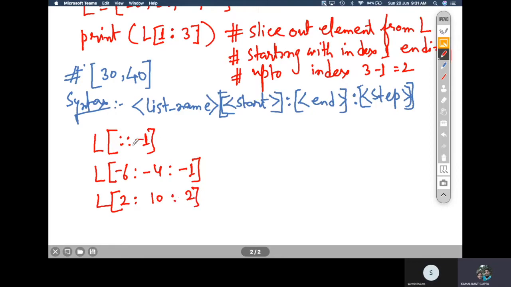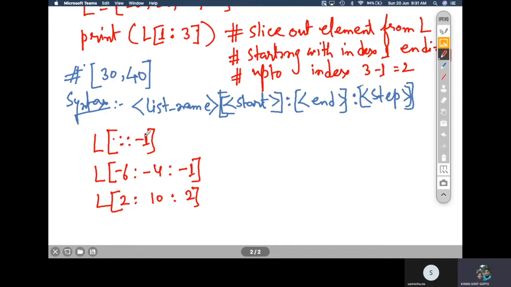So what does the first one mean? It means slice out everything from the last end. Since the starting index and the ending index are not provided here, you start from the end part and go up to the beginning. Since the step is negative, the movement will start from the last end and move up to the first element of the list. So it will read all the elements from the last end of the list to the beginning of the list. That is the meaning of the first one.